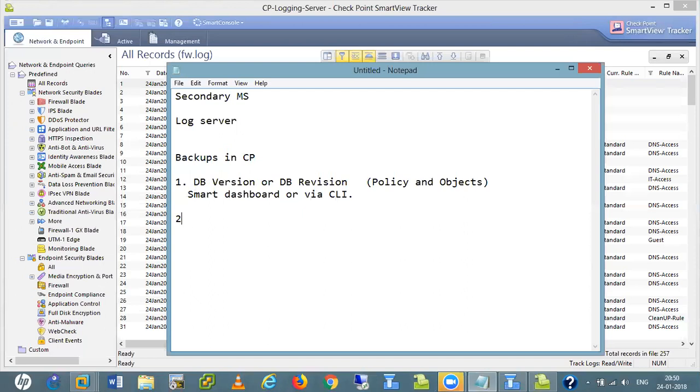The second backup is called backup only. You can call this a medium type of backup.